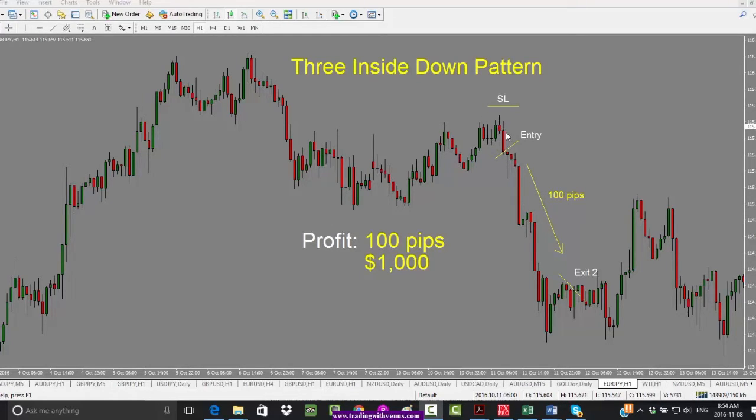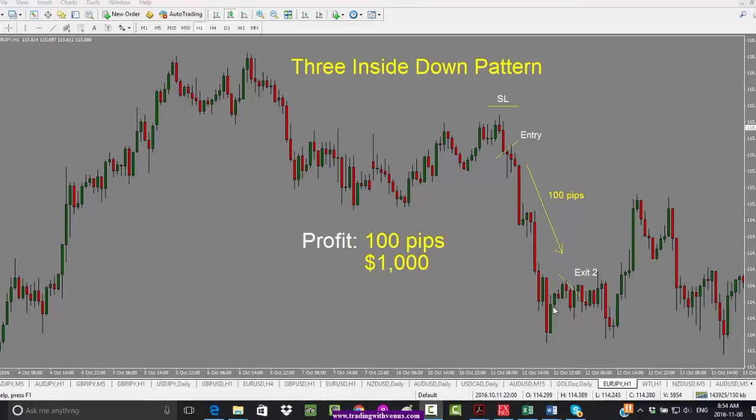So once we see these 3 candlesticks, the pattern is made up of 3 candlesticks. That's why it's called 3 inside down, and down just means that the price is likely to go down after this point. So once we see this type of setup and the candle closes bearish here, nice engulfing candle, we can take an entry at the close of the candle. Stop loss would go up top here, give it some room to breathe,